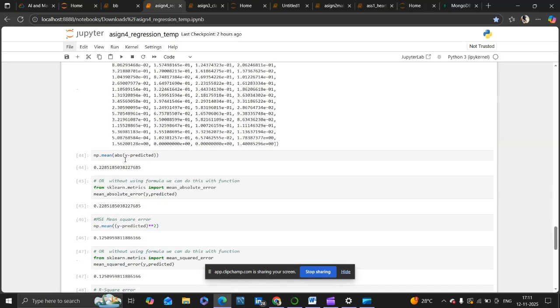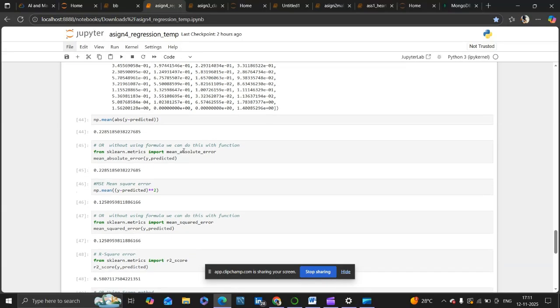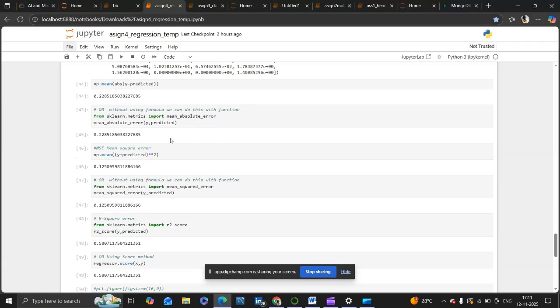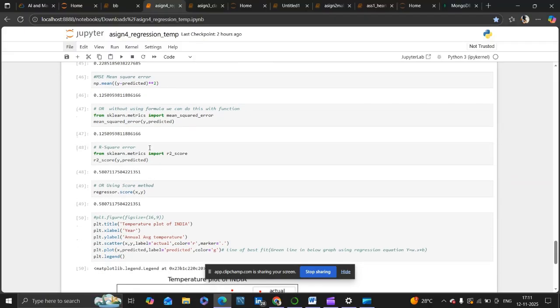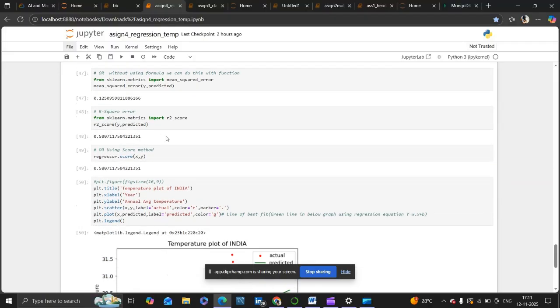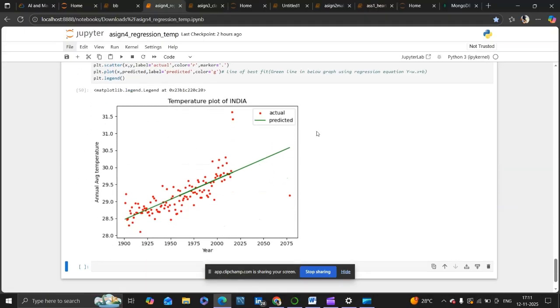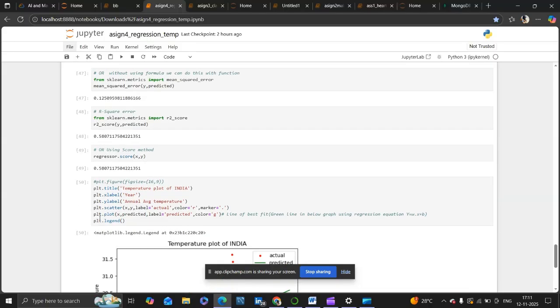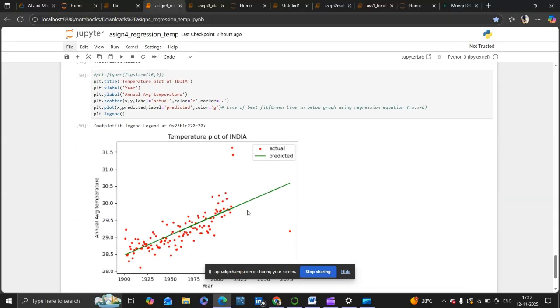And np mean absolute, y predicted. From sklearn import mean absolute error. Here mean absolute error is found, mean squared error is found, and R squared error is found. Hence all the things mentioned in the problem statement have been done. And here the additional one is to plot the graph of the data set in regression format. As the regression algorithm is linear regression, here there is a linear way of representing the graph. Linear is continuous, so it is in one line.